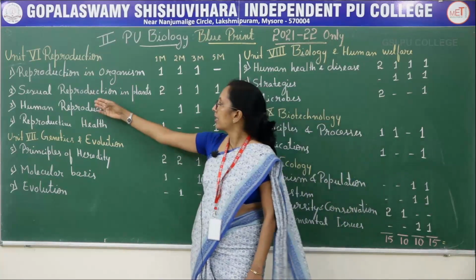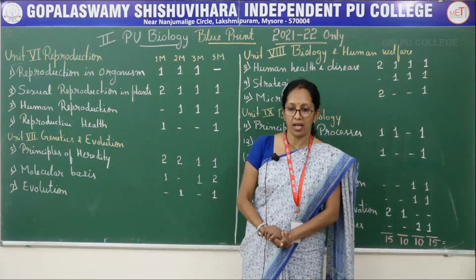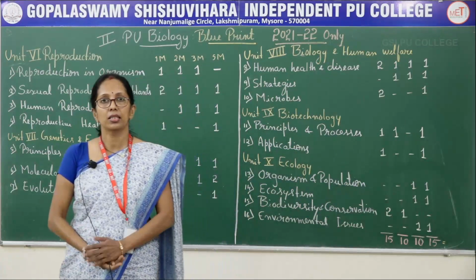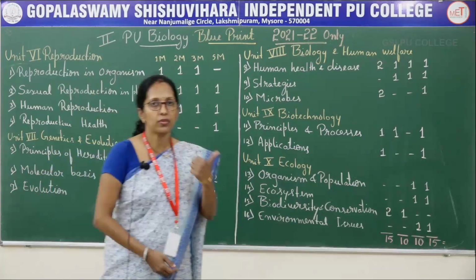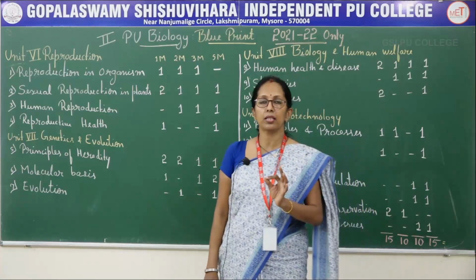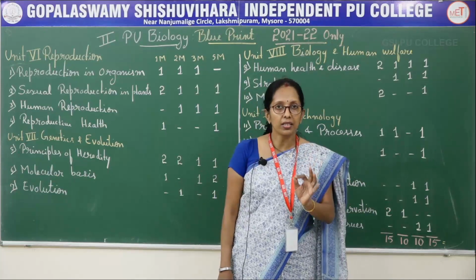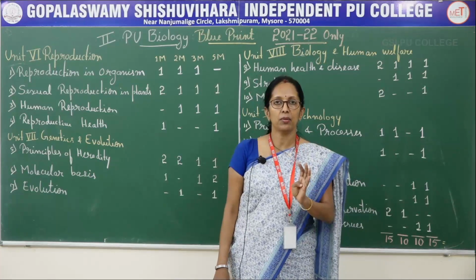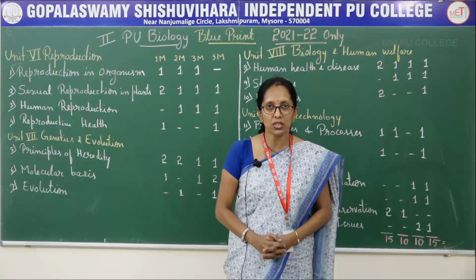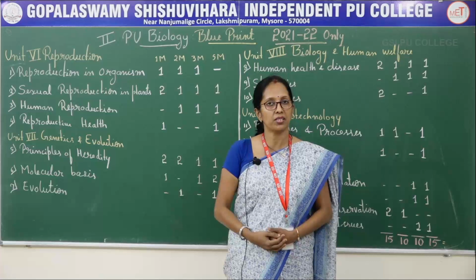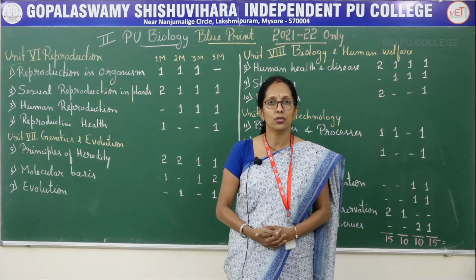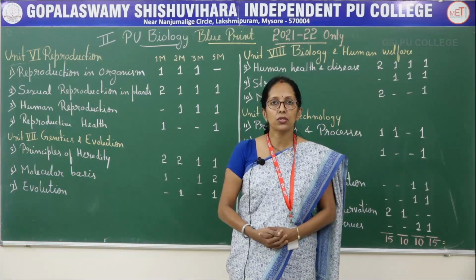Then coming to sexual reproduction in flowering plants. Here we understood parts of a typical flower, that means a flower consists of calyx, corolla, androecium and gynoecium. The important parts are androecium and gynoecium. We understood androecium in detail. When we take a transverse section of a dithecous anther, you can see there is a presence of 4 chambers. What are all the different parts present in a dithecous anther, and then how there will be a synthesis of pollen grains, and the process is said to be